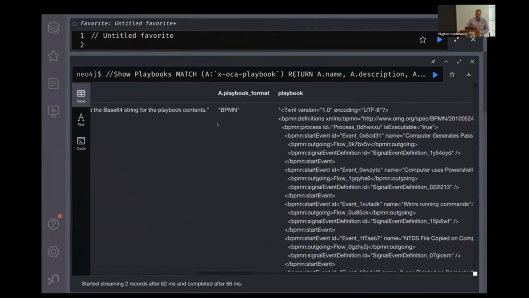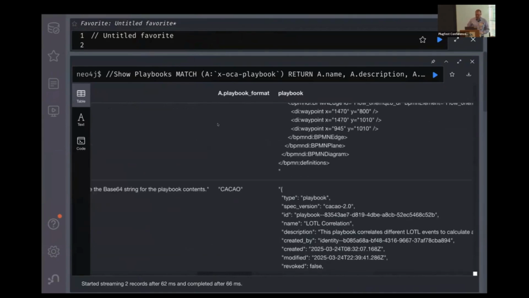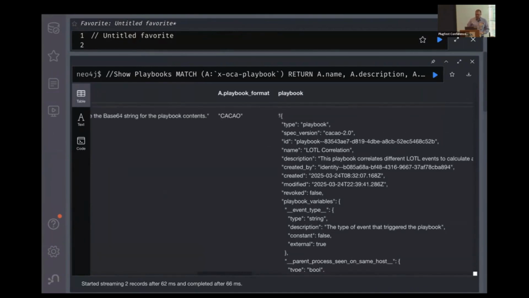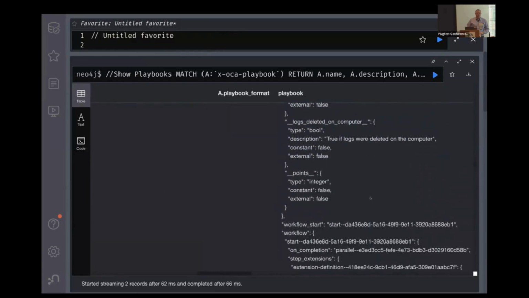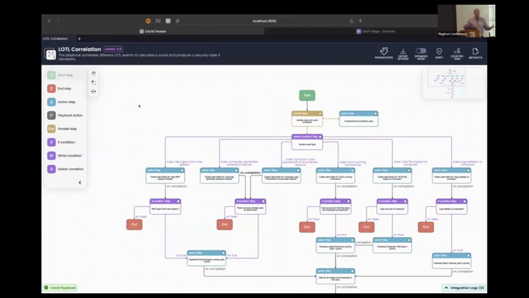I share in multiple forms. There's BPMN, which is an XML-based standard for showing a process, and then we also have CACAO. Now, if you're willing to just hit the I believe button, rather than watch me extract this with jq and test the formatting and save it to a file, it's a plugfest, and I wanted to show the value of having an open standard. For me to understand what to do with that playbook, I can parse it, I can make a reader, or I can take advantage of the fact that using an open standard like CACAO instantly gave me a format for CACAO Roaster, where not only can I visually inspect this and understand the process,